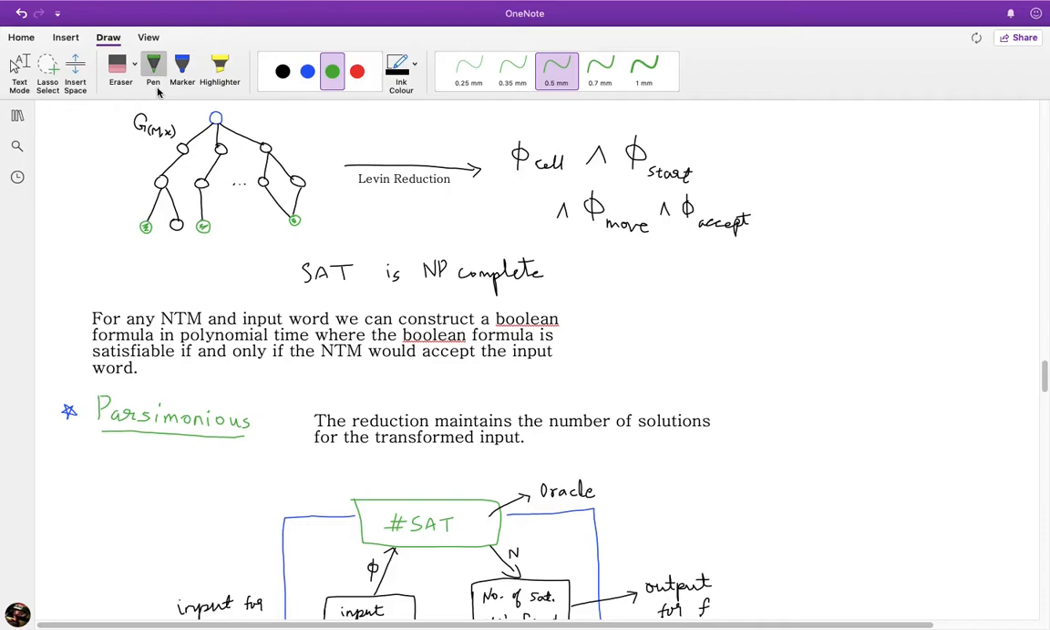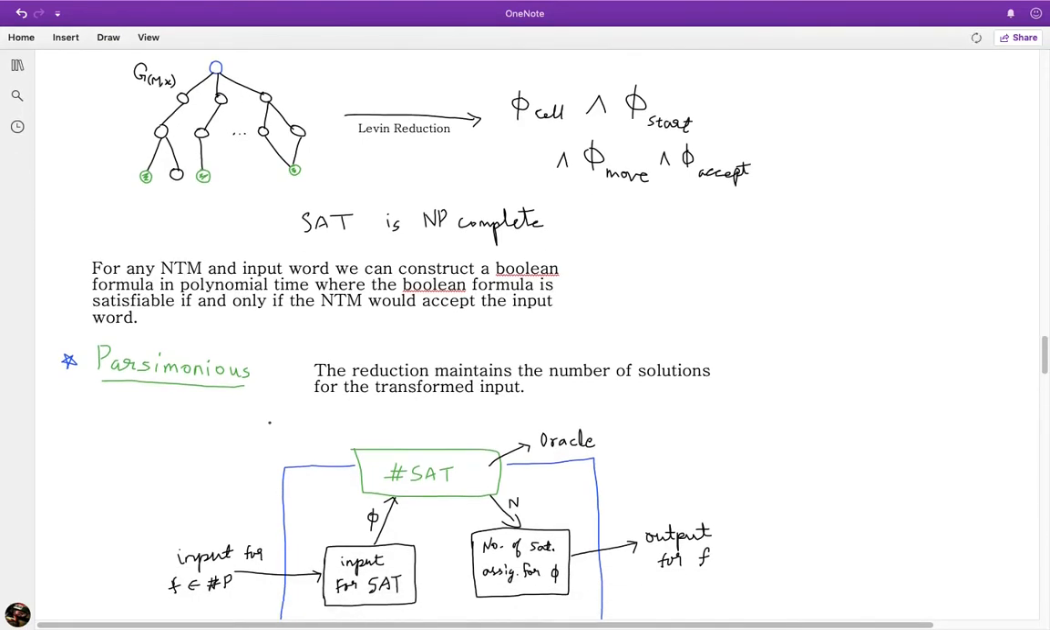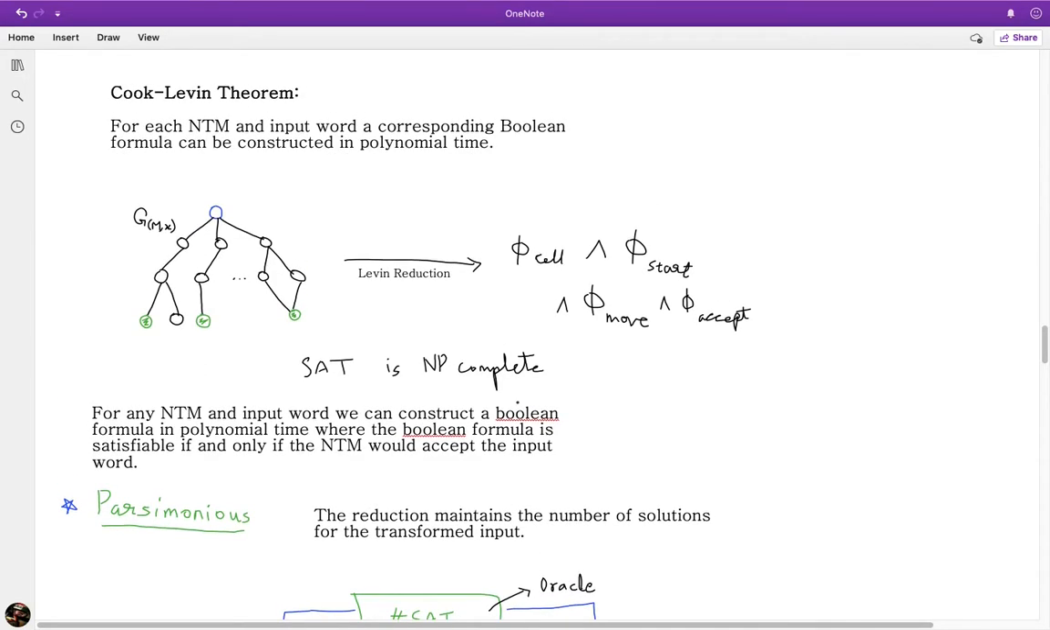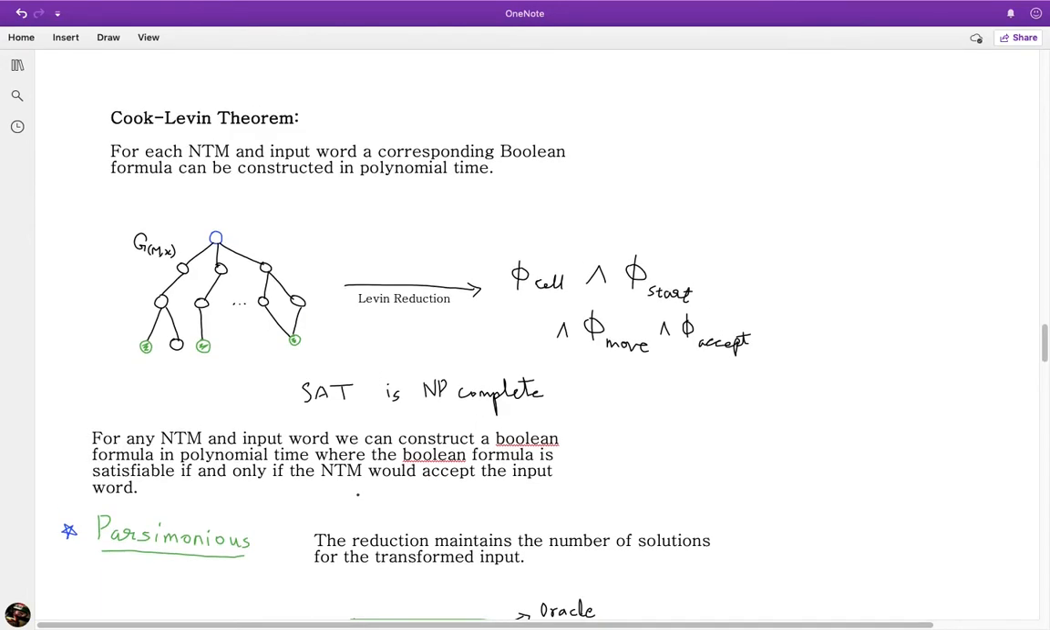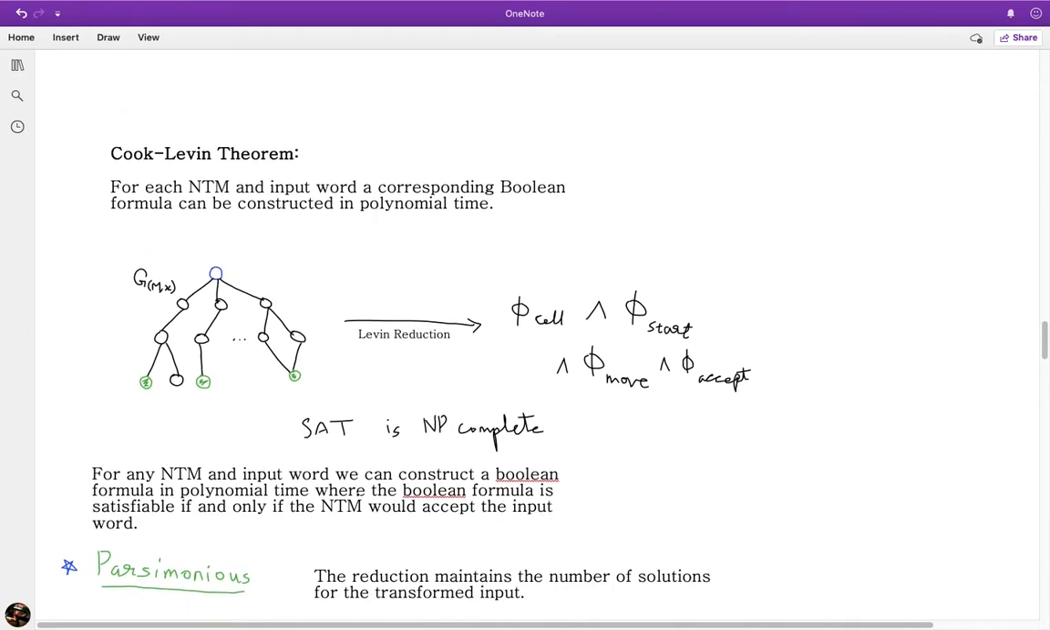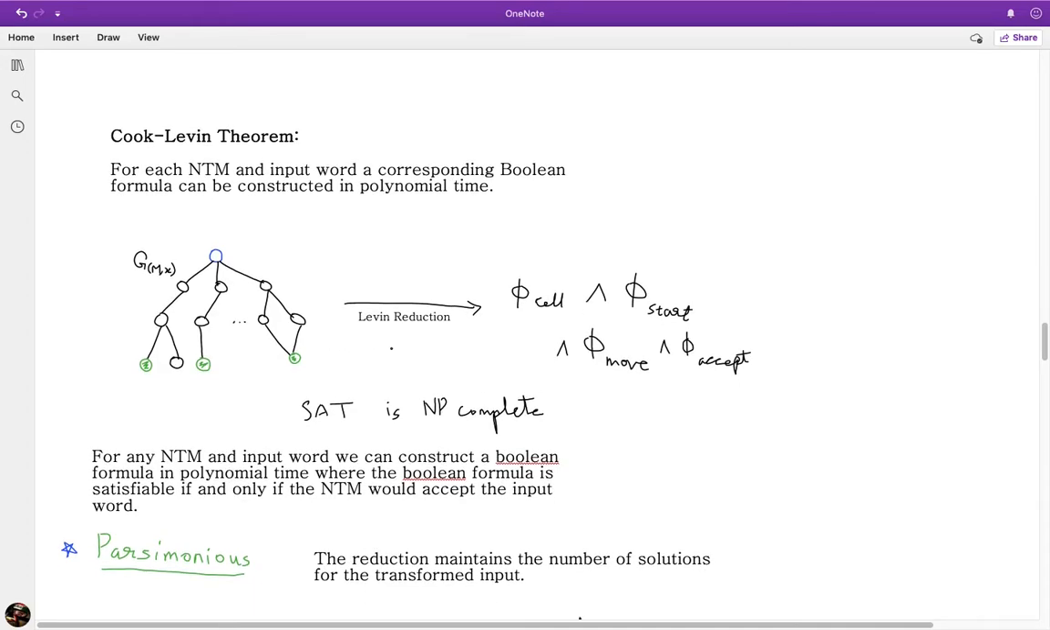Okay, so parsimonious is a property which states that a reduction maintains the number of solutions for the transformed input. So one important fact that we are going to use now to prove that HashSat is HashP complete is that this reduction, the Levin reduction which we used in the Cook-Levin theorem, is parsimonious, meaning the number of